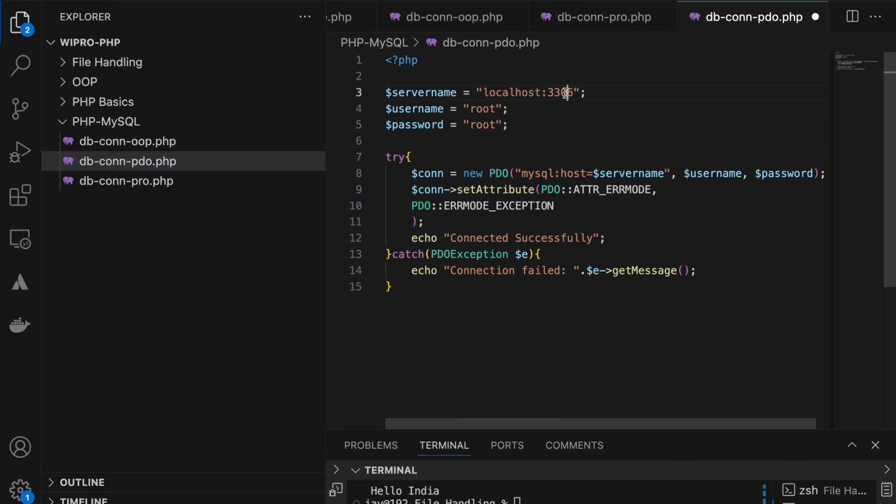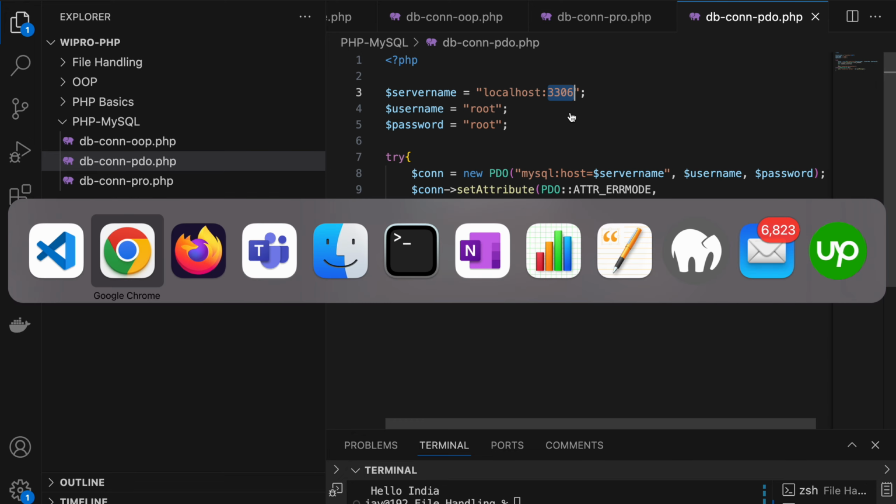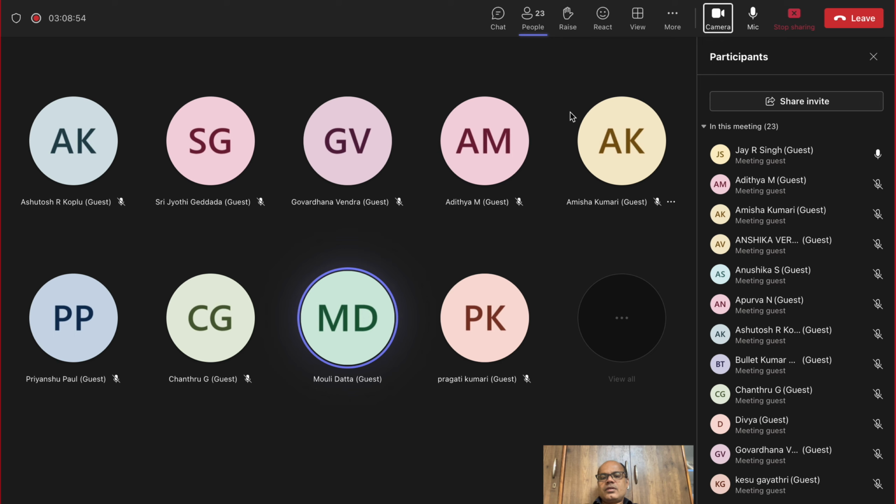You can supply it, it's your choice, or you can even ignore this. By default, it will try to connect at 3306. Sir, it will be the port that is showing on XAMPP beside MySQL, no? Because that is also 3306 for us.